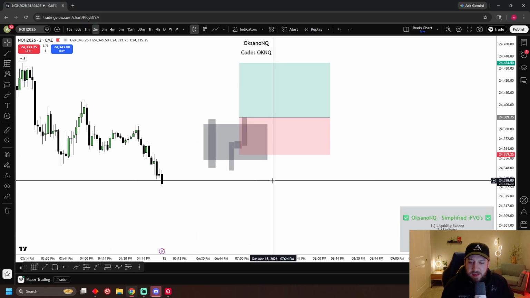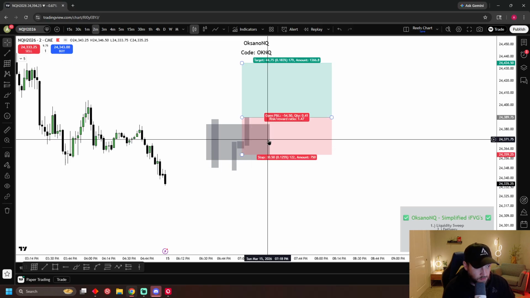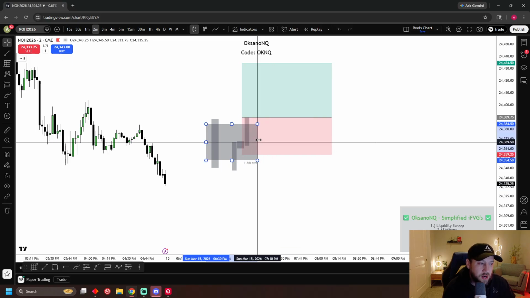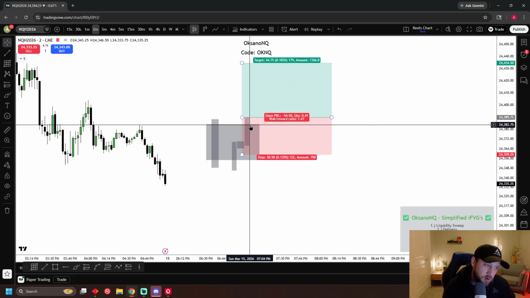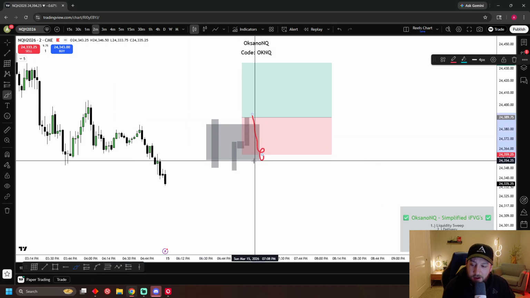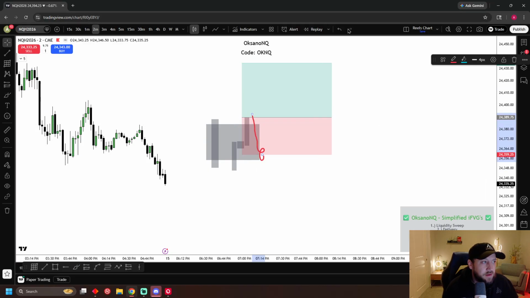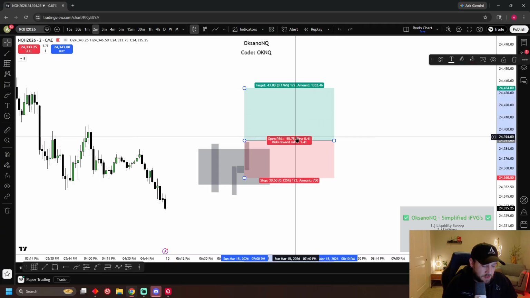But that's always been interesting to me. Put a stop loss in a place where you think you're actually wrong. Where will price need to go to prove that I'm just wrong? So in an order block, in an inverse situation, if price comes back below this order block, I feel like I'm wrong. You know what I mean? I feel like I'm wrong at that point. So that's just a few options on how I go about that.